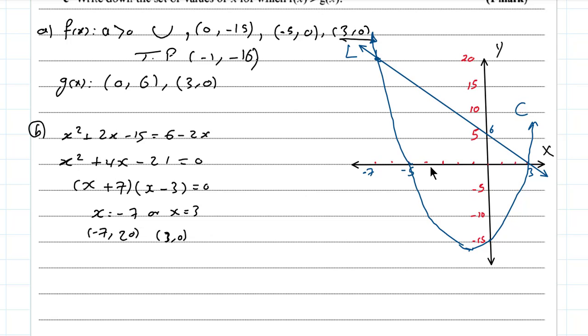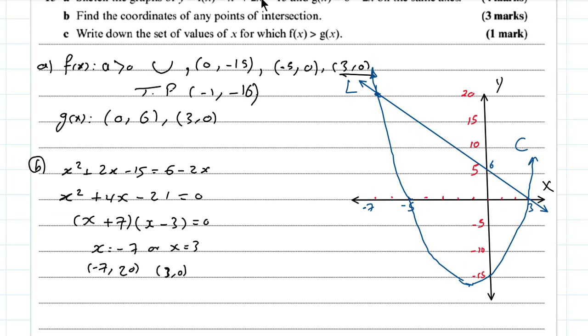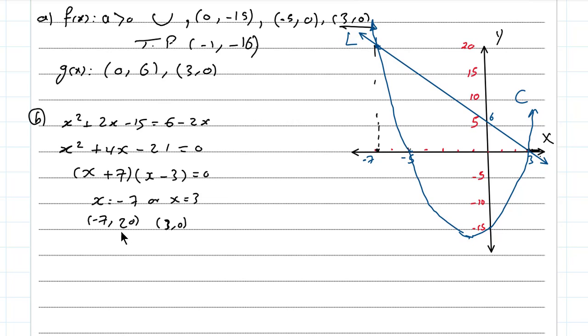The last item here is write down the set of values for x for which f of x is more than g of x. Now these are the points of intersection, the x values of the points of intersection. In between these two roots, the line is higher than the curve, as you see here. But to the right of 3, the curve is higher, and to the left of negative 7, the curve also is higher. So the answer of c is x should be less than negative 7 or x